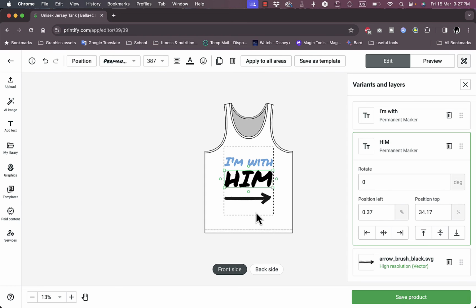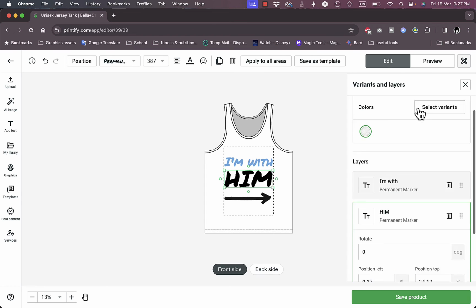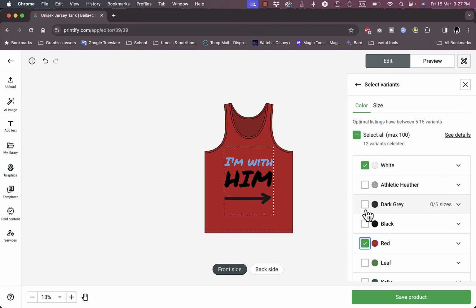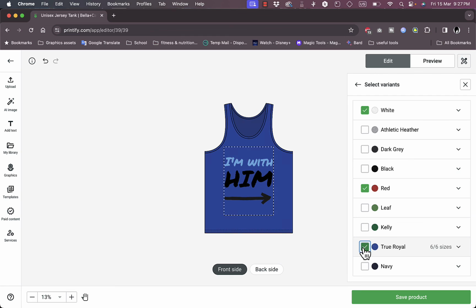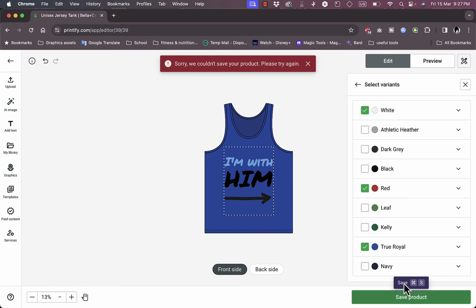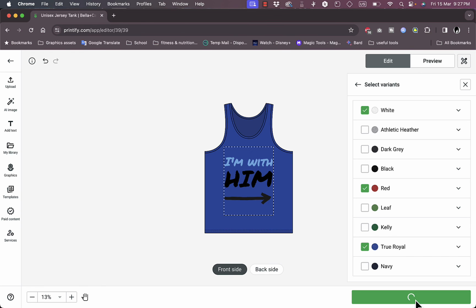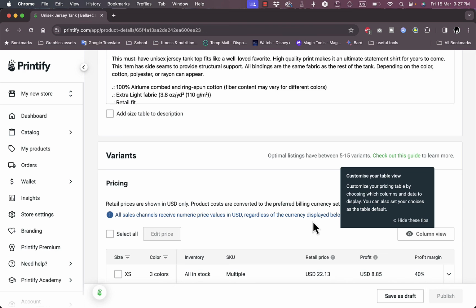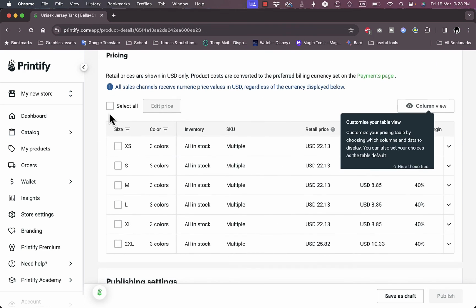And once you are happy with it, you can get here, select variants. Let's select the red, and view how the print will look on it, and also the royal blue. Okay, looking good. And now you can save the product. Okay, it's now saving. And here you can select or add the prices for each of the variants. So I'll select all the size variants and add a retail price. Of course, after shipping, they will